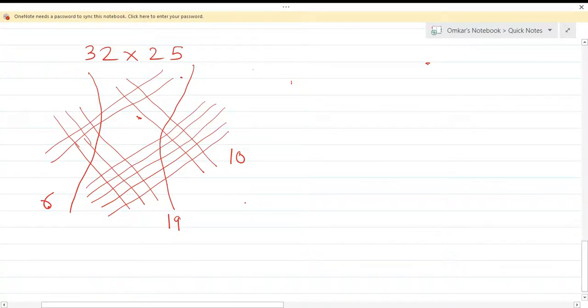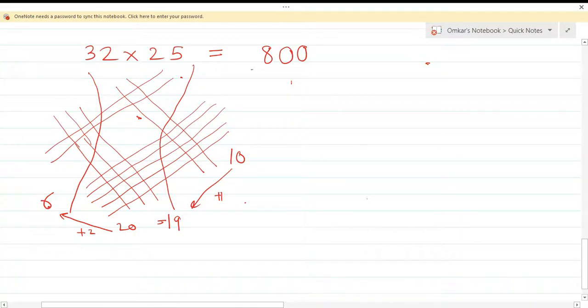So to write the product of this number, what we will do, we will take the rightmost number first, write its rightmost digit. The remaining digits we will add to the next number. So 1 is remaining, so add 1, so that we will get here 20. 19 plus 1 is 20. And here again we will write 0, the rightmost digit of that number, and then 2 is remaining, so that 2 we will add to the next number. So 6 plus 2 is 8. So we will write here 8. So 32 into 25 is 800.